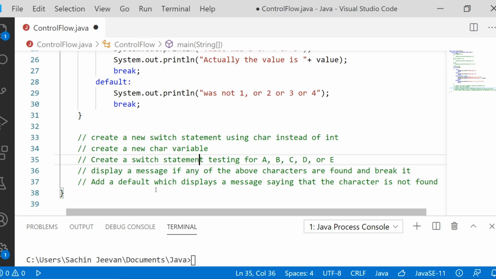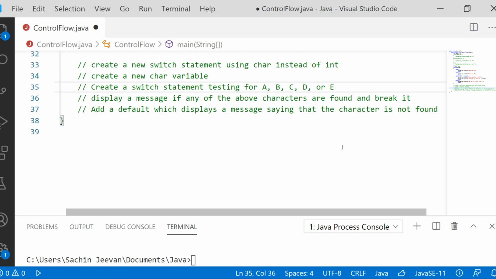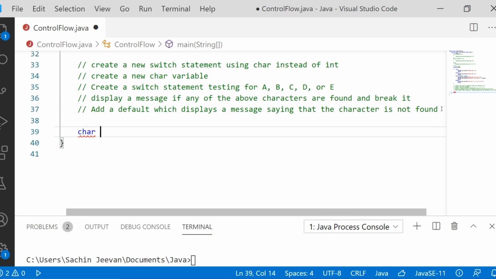Also add a default which will display a message saying the character is not found if all the other cases are not working. So we will start by taking a character variable. The variable name we will take as mychar, equal to, initially the character A.